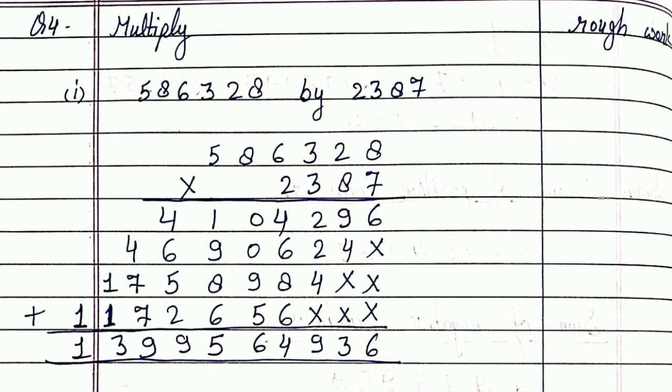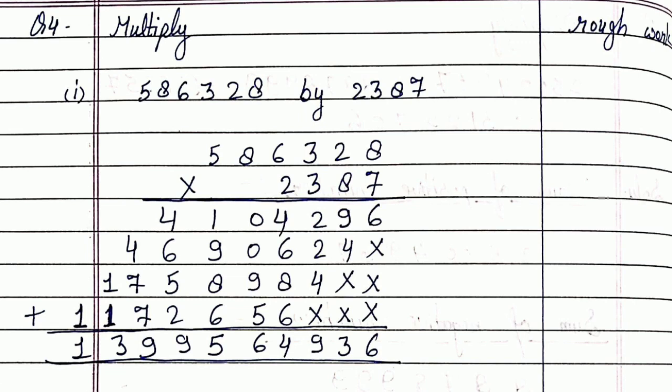Now we will move to the 100 place. 3 is situated there, so we will multiply this whole number by 3, and in 100, 2 zeros are there, so we will make 2 cross, and then we will start writing the answer. Okay, and like this we will multiply by all the four digits, and now these numbers we will get.